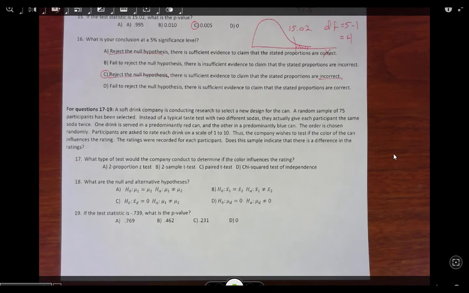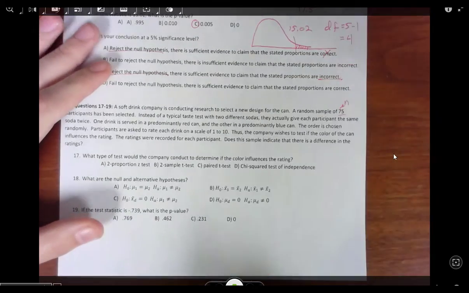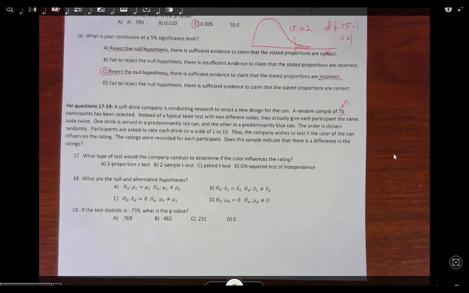So a soft drink company is conducting research to select a new design for the can. A random sample of 75 participants were selected. So the 75 tells us our sample size. And then instead of a typical taste test with two different sodas, they actually give each participant the same soda